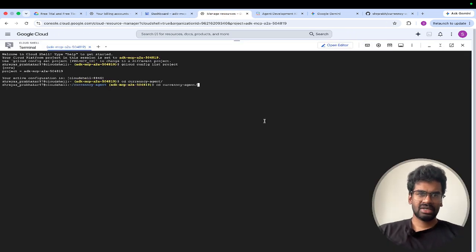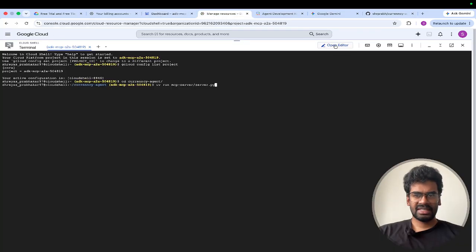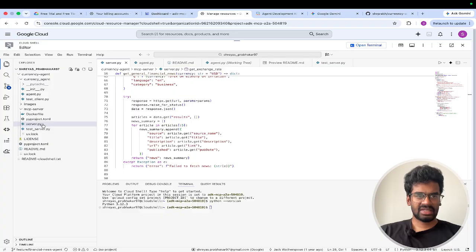So here I'm already in the currency agent. After we go over there, we need to make sure we go and run the MCP server with the help of UV, that is UV run MCP server/server.py. After we execute that, you can see the particular file, that is server.py. We are running this one,